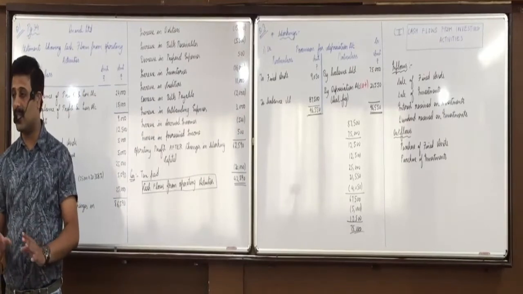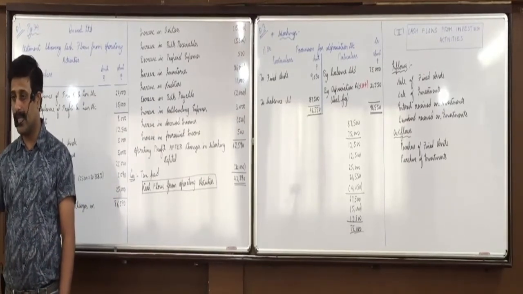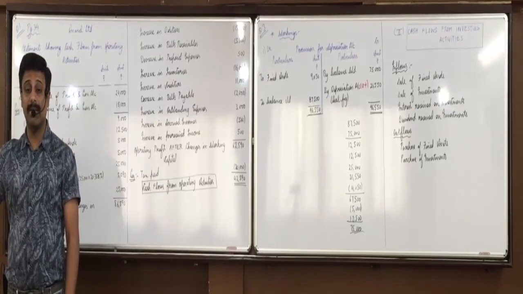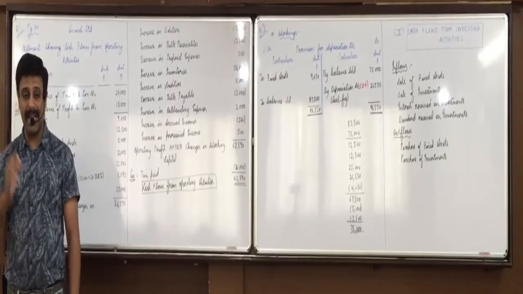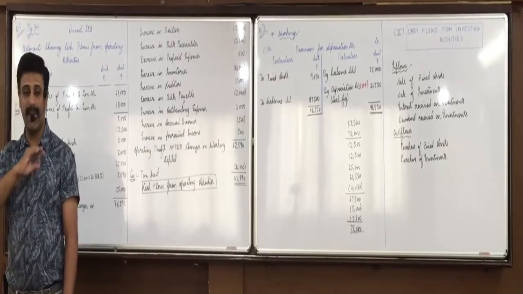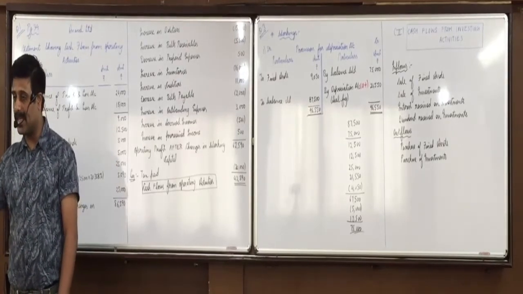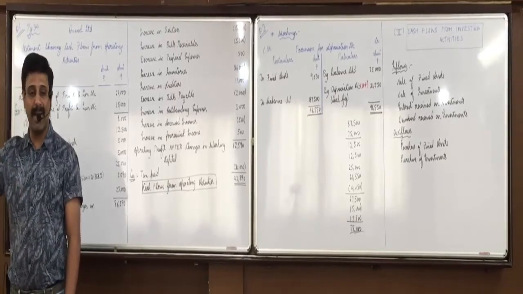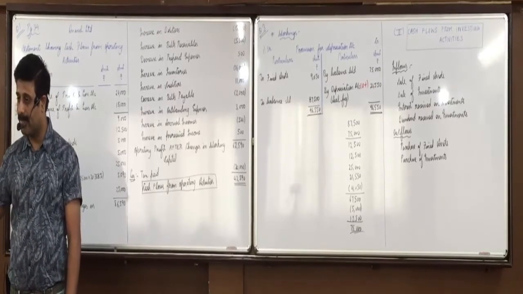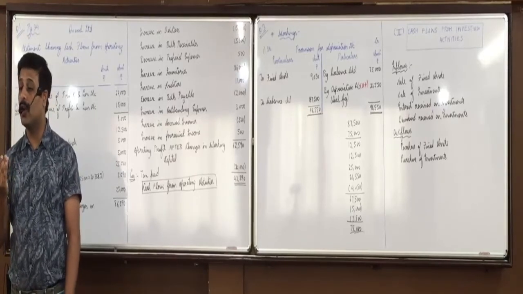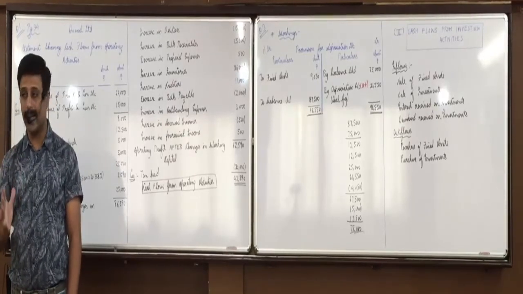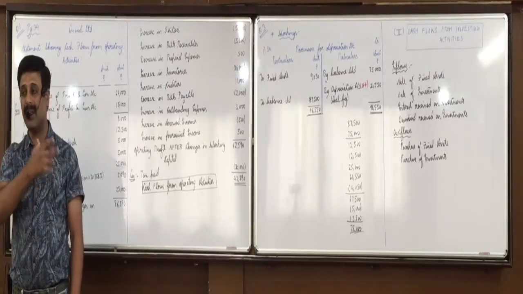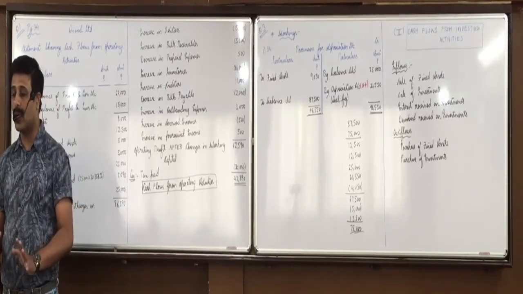My personal advice is to go in with the fund flow statement. Reason: it has three parts. The first part is changes in working capital, which will never be wrong. Even if there are mistakes further on, changes in working capital will never go wrong. Simply write current assets minus current liabilities. So if it is 15 marks, then 5 marks are guaranteed right there. Then you come across funds from operations. Mostly it would be correct, so there you also get full 4-5 marks. And then for the last part, even if there is a mistake, out of 15 you score at least 8 to 10 marks.